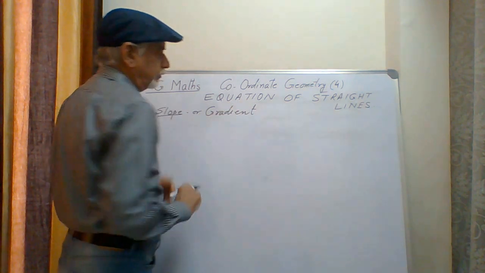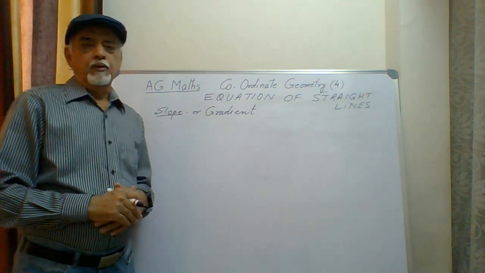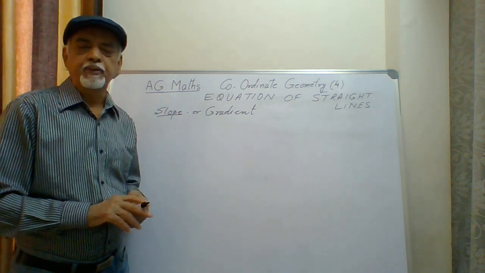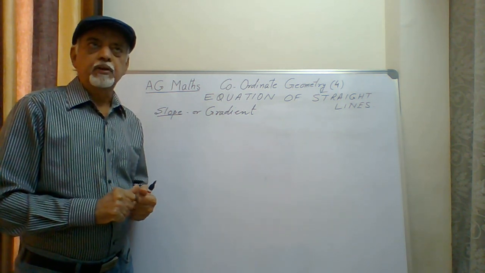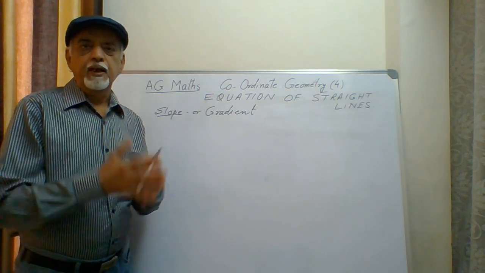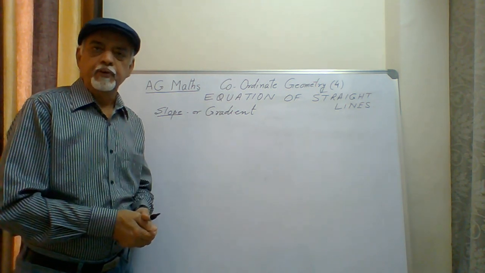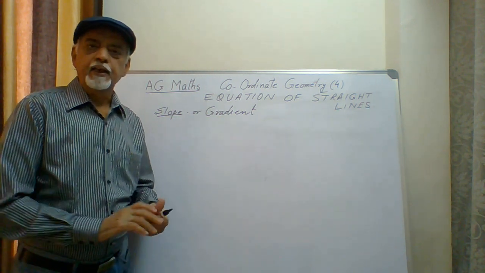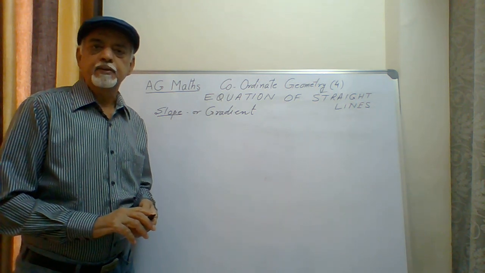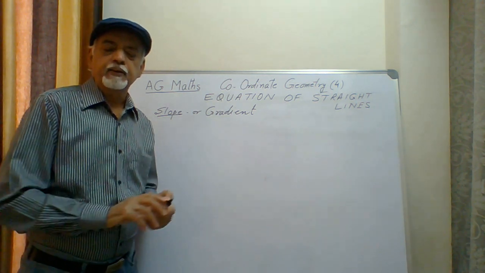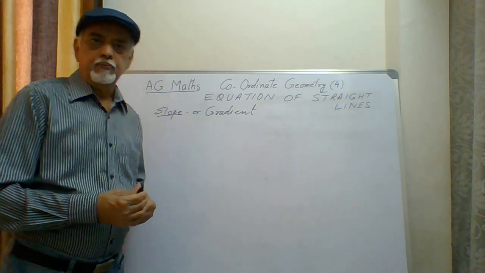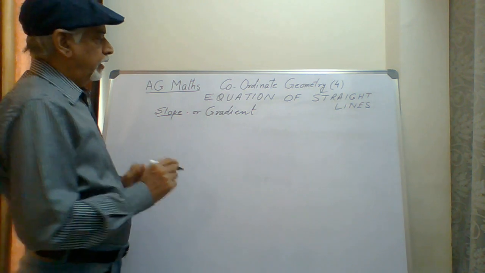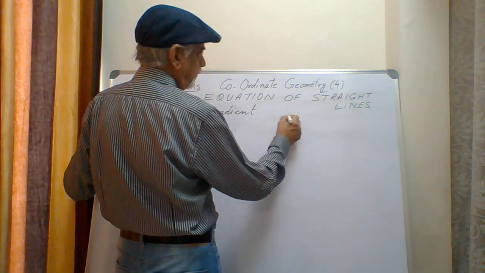We all know what a slope is. Practically, we use slopes in our everyday life. If you need to lift a heavy weight to a certain height, it's very difficult to lift it vertically up directly. If you slide it along an inclined plane, then it becomes easier. With less effort, we can drag that load to a higher position or higher level. And that inclination is called the slope.